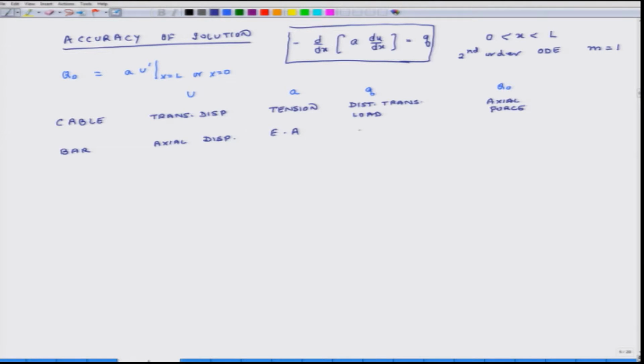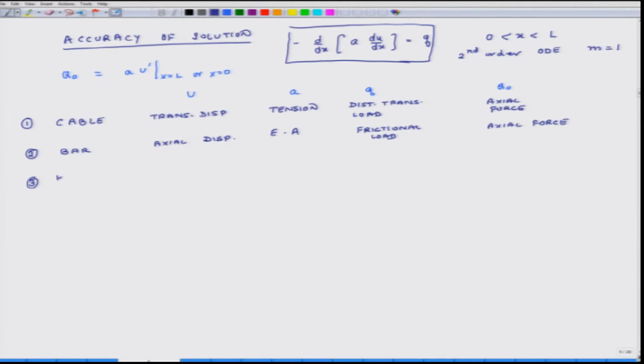Q represents frictional load and Q naught represents axial force. So this is case 1, this is case 2. Case 3,